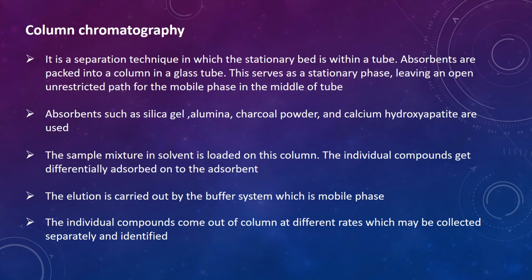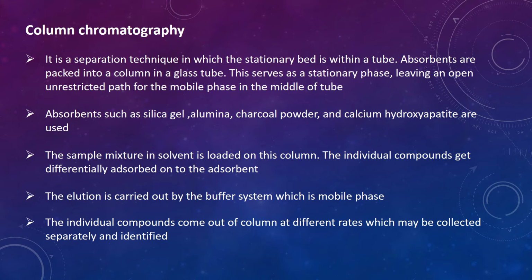So what happens? The bottom of the column is packed with cotton to support the stationary phase. After that, the sample is loaded with the mobile phase. On top of the column, once the sample is loaded, mobile phase is continuously added to the column during separation. The mobile phase moves down the column because of gravity. Now the separation happens, and separation of molecules occurs due to the difference in the interaction between the mobile phase and the stationary phase. That is, if the interaction with mobile phase is more, then it will move faster or come out faster, and if the interaction with stationary phase is more, it will come out slower.